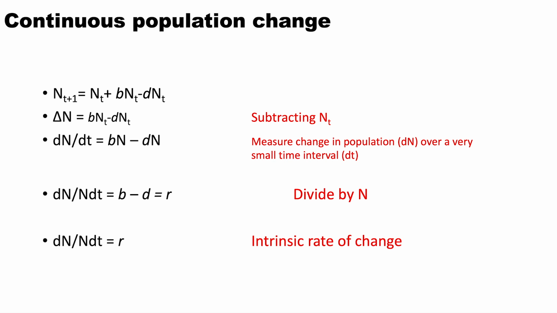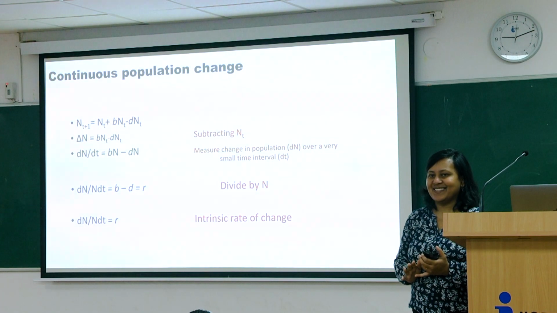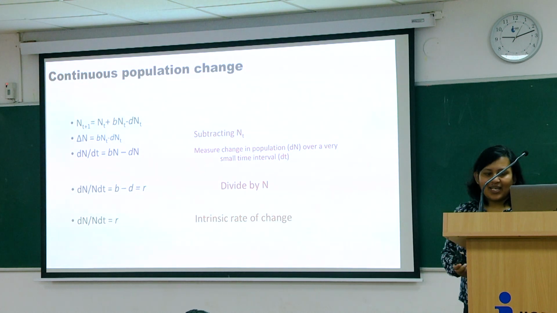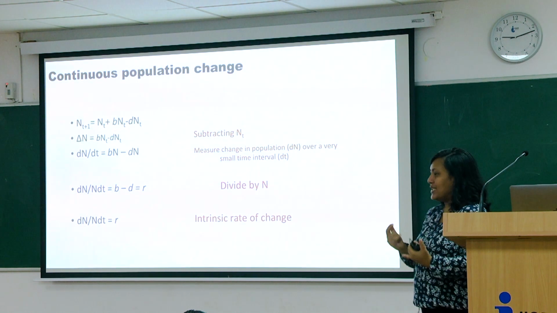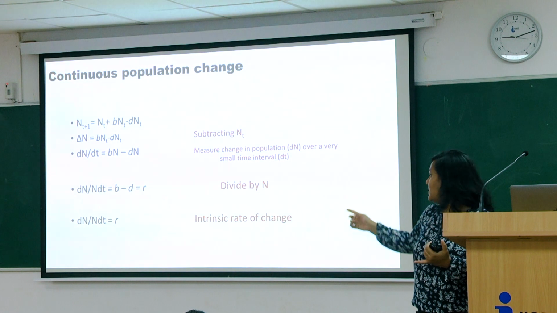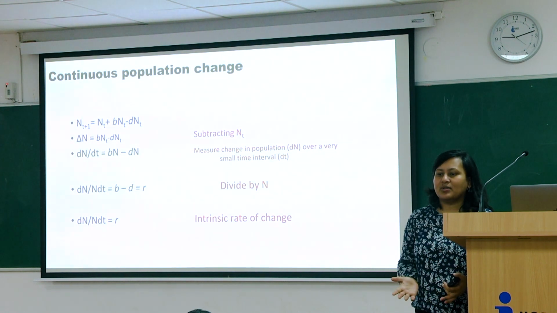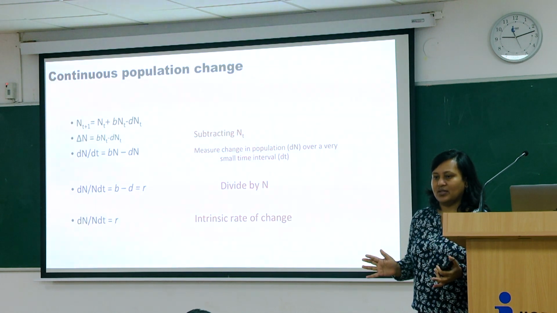Is it clear for everyone? Are we all on the same page? Yes. These are very, very simple equations, and population ecology is extremely mathematical. So these are the simplest terms that we should be aware of, and both lambda and R, the intrinsic rate of change, you will find them in many, many papers dealing with bird populations. So it's important that you are clear about what they mean.